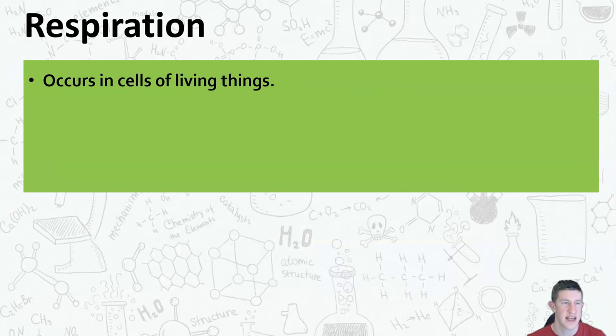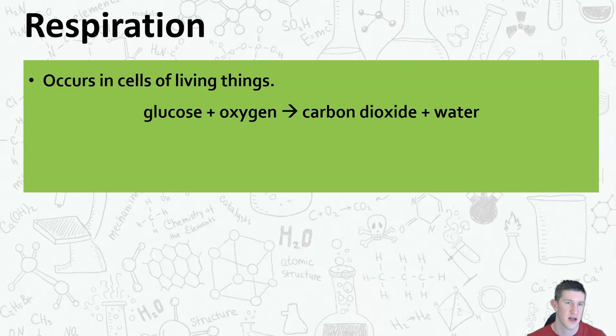Respiration. This is a very, very common one. It happens in the cells of all living things. Respiration is when we take glucose and oxygen, and it goes to carbon dioxide and water. So on the left, we've got our C6H12O6. That is the chemical formula for glucose. We add our oxygen, we get our CO2 plus H2O, and then they've balanced out the whole equation to give